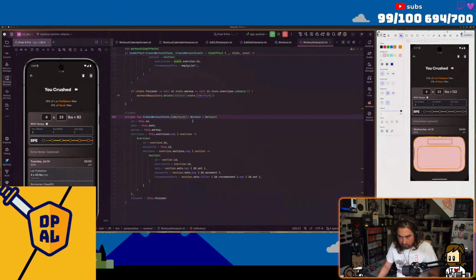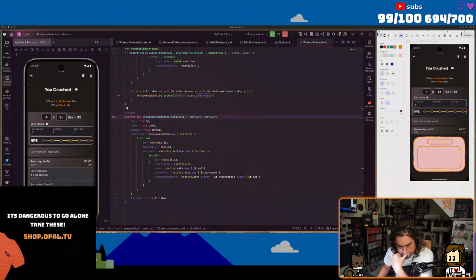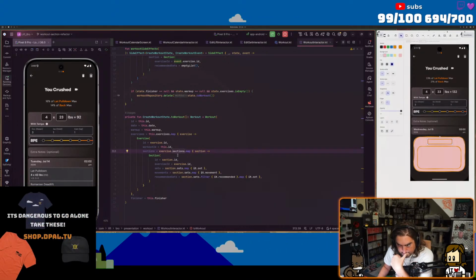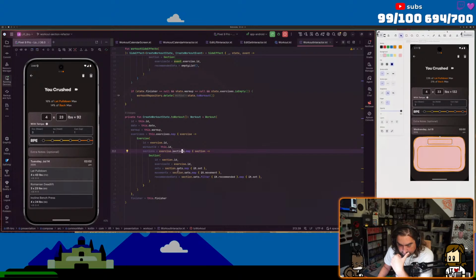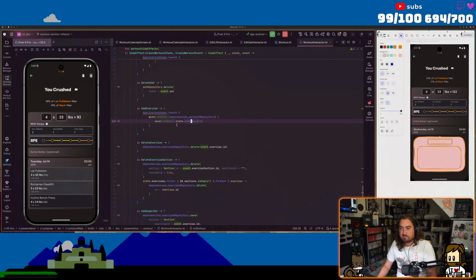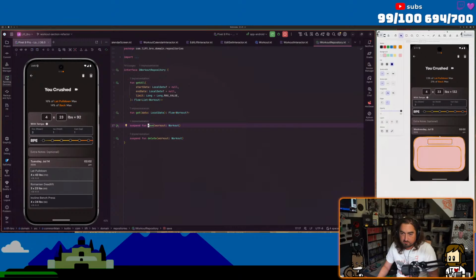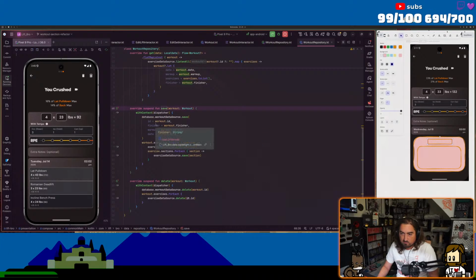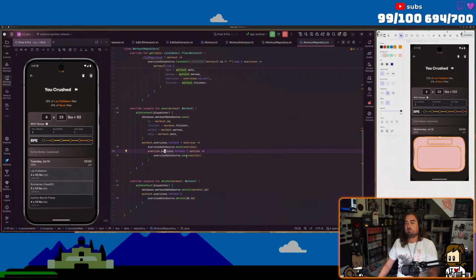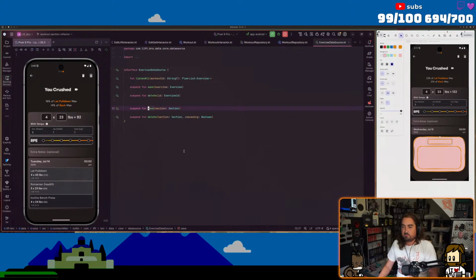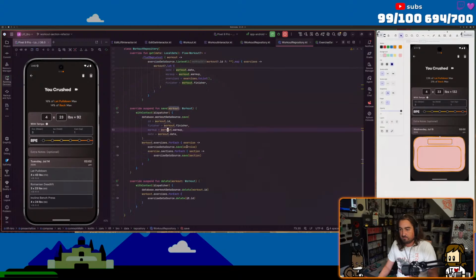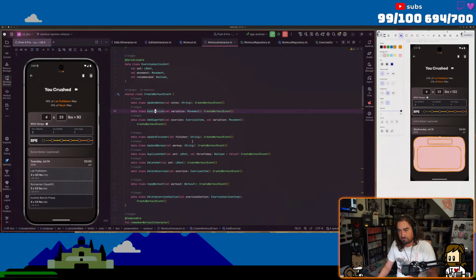So how would that work? And then that would get saved. And the section itself doesn't actually have any workouts. So this is purely